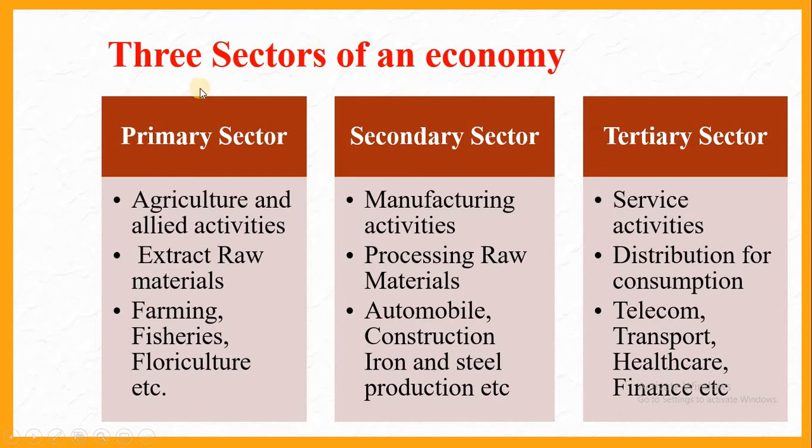So sector means part. So this first part is the primary sector. Why is it called primary? Because it is the first stage. All economic activities which are actually in the first stage of the economy. For example, we all know that farming or mining, for that matter, extracting iron ore, that is the first stage of manufacturing or producing iron or steel and so on, isn't it? So mining actually falls under the primary sector.